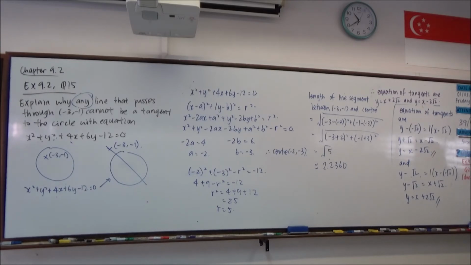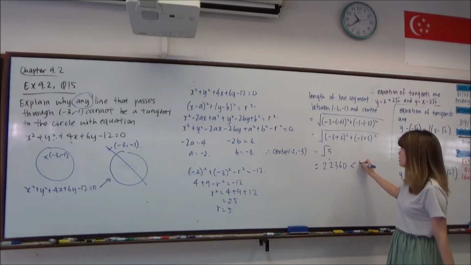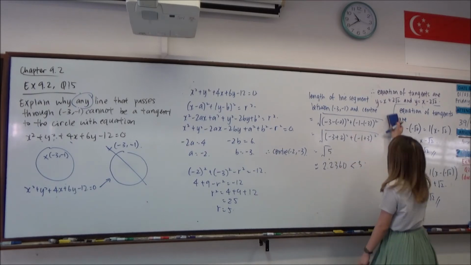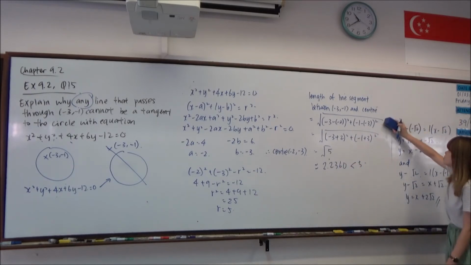Okay, so you find that the length of the line segment between the point that we want and the center will be 2.2360, truncated to 5 SF. Alright, so this value is actually lesser than the radius 5. Okay, so therefore, we will be able to conclude that